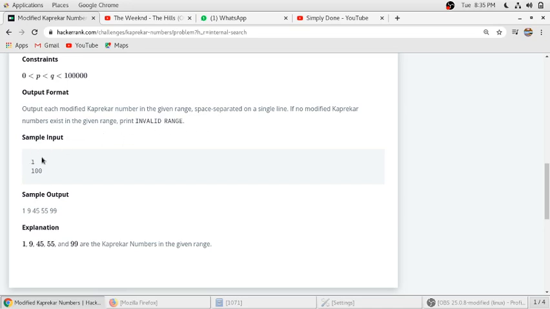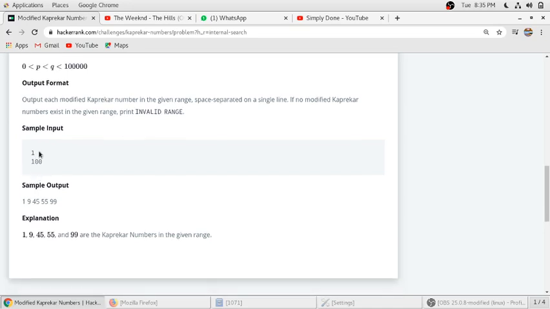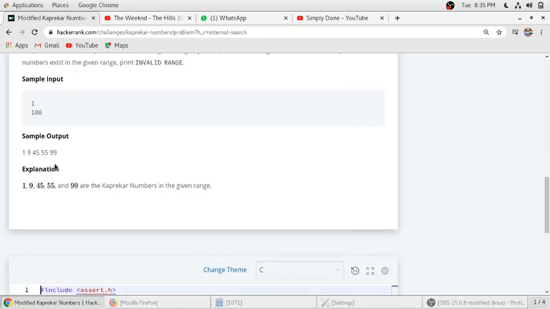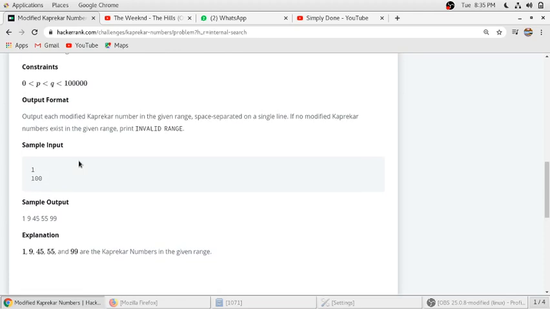Here the range is given as 1 to 100. In between 1 and 100 the Capricorn numbers are 1, 9, 45, 55 and 99. To find these, we'll use the logic of splitting by dividing and by mod. If you consider the number 99, how can you split it into two parts, 9 and 9?